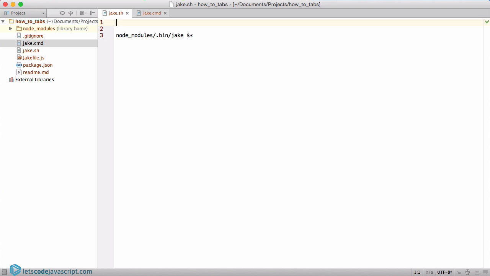This is the basics. Now there's something that you should add to every Unix or Mac command script, shell script, and that's something called a shebang. It looks like this, a hash sign and then an exclamation mark. Some people call this hash, some people call this bang, so it's called shebang. This tells Unix which command processor to use when it runs your shell script. And by default, people use /bin/sh. This is the built-in